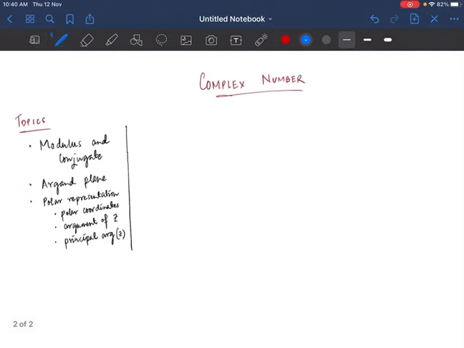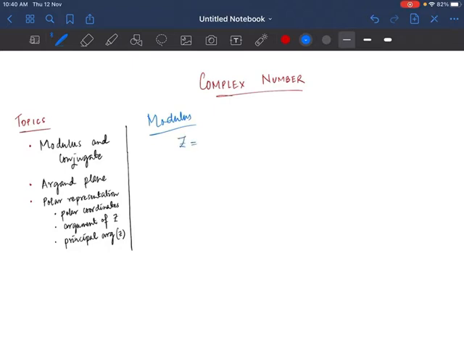So today we're going to start with this topic, modulus and conjugate of the chapter complex number. So what is modulus? First let's discuss modulus. Modulus is nothing but the distance of... we don't want to go to that because we haven't learned Argand plane. So modulus, just take it as like this.